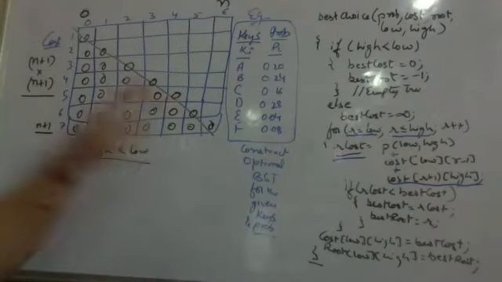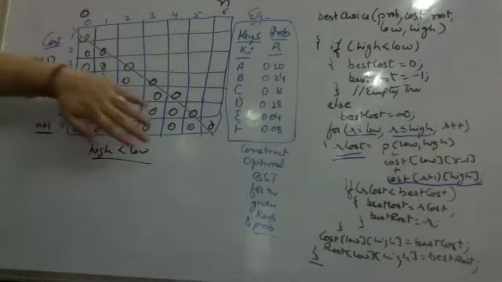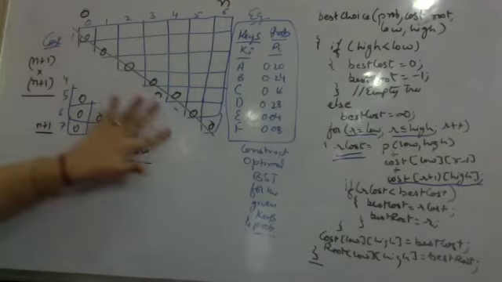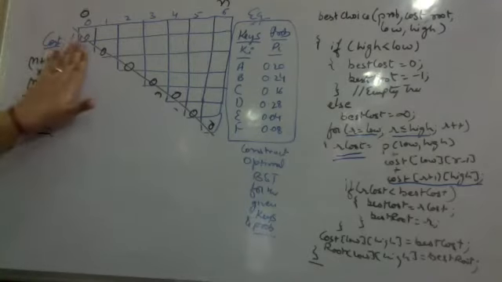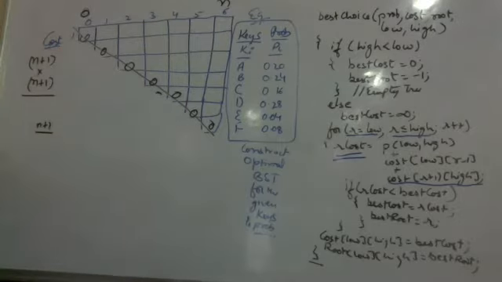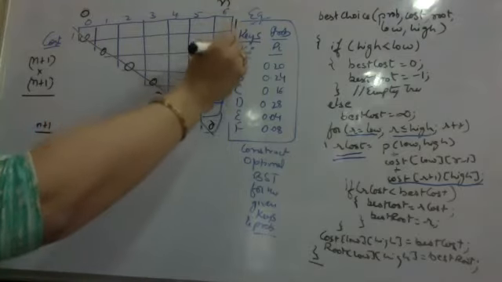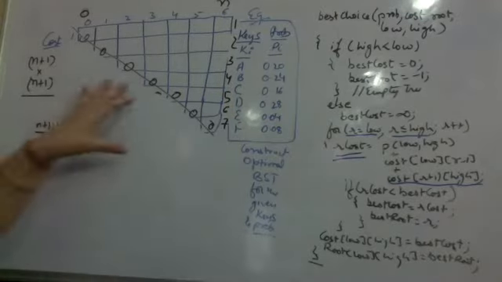So below the main diagonal, both the cost matrix and the root matrix are not important to us. We don't even need to initialize them. We just don't take care of them because they are not important. So I can technically remove this. Like in matrix chain multiplication, I am only interested in the upper half. I do not require this part of the matrix because here my high is less than the low. Here, this is 1, 2, 3, 4, 5, 6 and 7. This is what I am interested in.